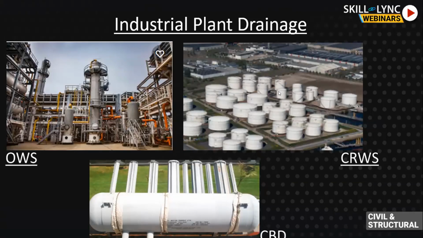If there is rainfall in this tank farm area, that rainfall will flow on the paved area inside the dike wall or retaining wall. There is a small retaining wall around each tank farm. So these 6 tanks, 1, 2, 3, 4, 5, 6. This is the floor you can see, and surrounding that there is a retaining wall. It is called a dike wall. There will be paving over here. All the rainfall inside the retaining wall on the paving will have a little slope. It will get collected on one side. There will be a drain provided, depending on the type of impurities over here. So this was anyway the last slide.